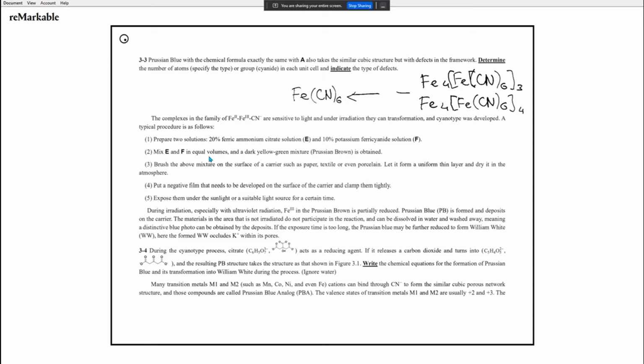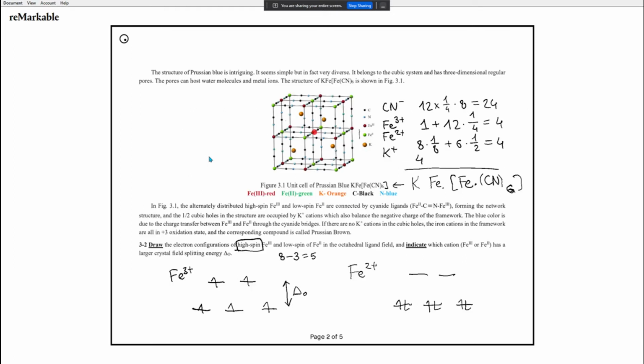And we can clearly see that we are creating a vacancy at the site where the oxidation state is equal to, now let me check, so that is 3, so that is 4 minus, and that is 3 plus here, and the oxidation state is 2 here, right? So we are taking the iron with oxidation state of 2, and then we are subtracting also 6 cyanides. So how should it look like? Let's say that we are